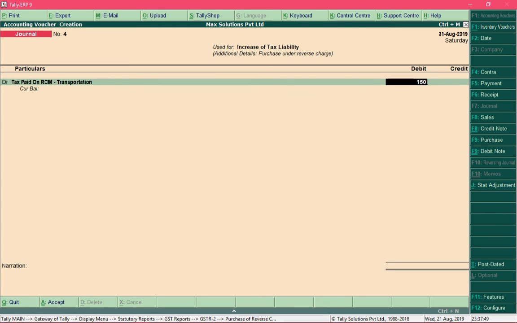So why do we need to debit this ledger? Understand that when we pay GST under reverse charge mechanism, we are required to pay that amount from our bank account at the portal, and after making the payment you would be getting input tax credit for the same, and any input tax credit is valuable to the business, and all input tax credit are asset types, and we know that assets increase with a debit.